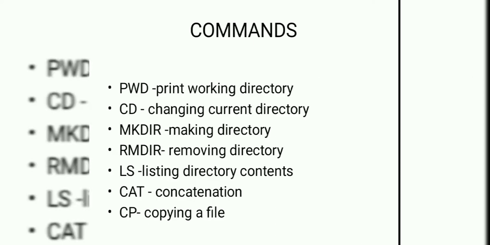Let's see the commands used in this chapter. The pwd command writes the full path name of the current working directory to the output. There are two path names, absolute path and relative path. Absolute path or full path refers to the complete details needed to locate a file. A relative path refers to a location that is relative to the current working directory.